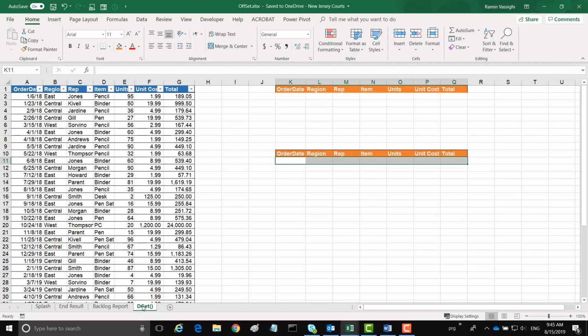In our table here, we have a table on the left side. There are some orders, regions, representatives, items, unit costs and totals. In our table, we have one unique item that was sold. It's called PC, and we're trying to find it. We are interested in finding the total for that PC. Since we're looking for an item, in this case we can't use the VLOOKUP, because VLOOKUPs always look for the very left column. So under total, just an equal sign,